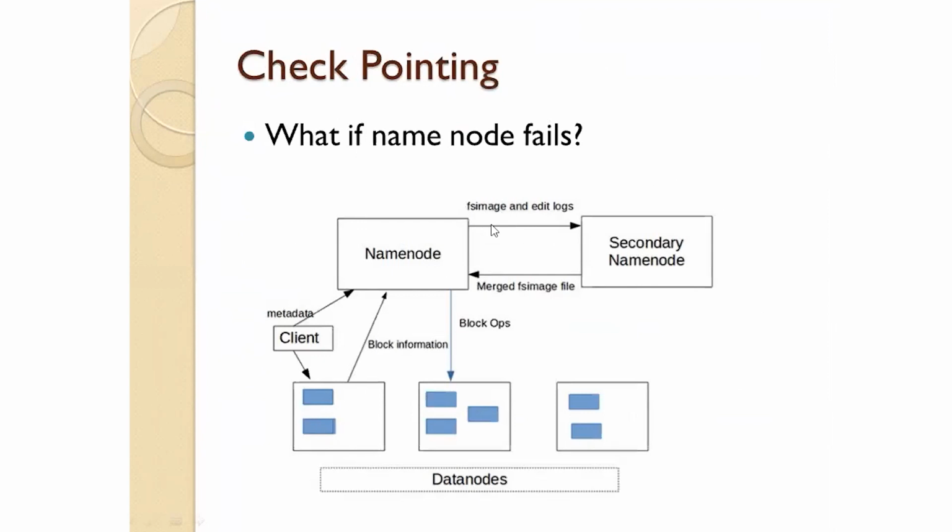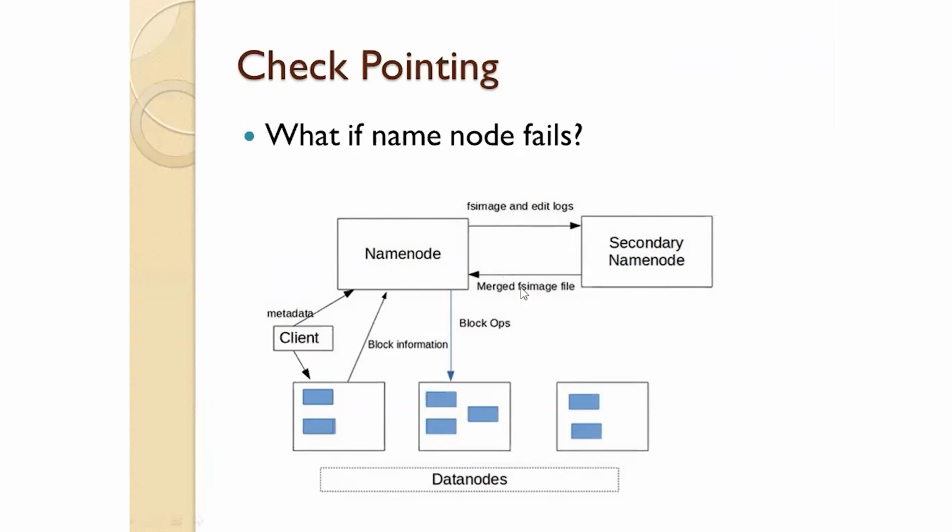FS image is nothing but the current status of the name node with all the mappings of blocks and the data nodes, and it creates another file called edit logs, where for 30 seconds it will write down each transaction performed in the data node, and these two files are sent to the secondary name node. So for every 30 seconds these two files will be sent to the secondary name node, and in case